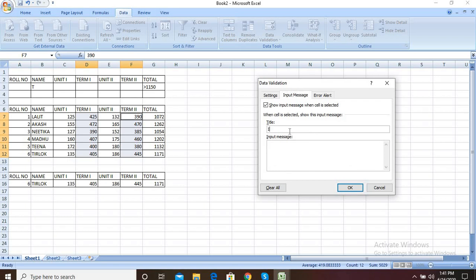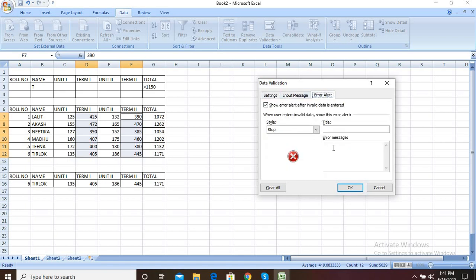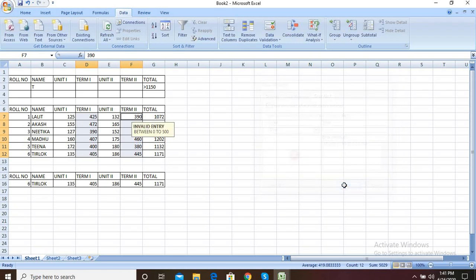Here invalid entry, you can write here between 0 to 500, and here you have to write values is to be 0 to 500. Okay, now click on OK.